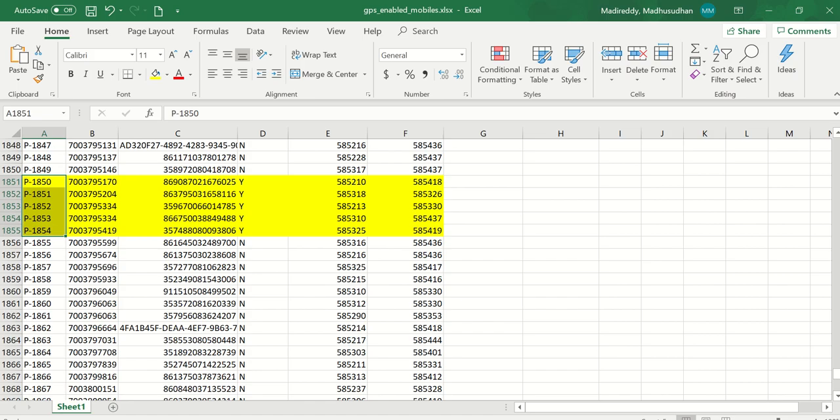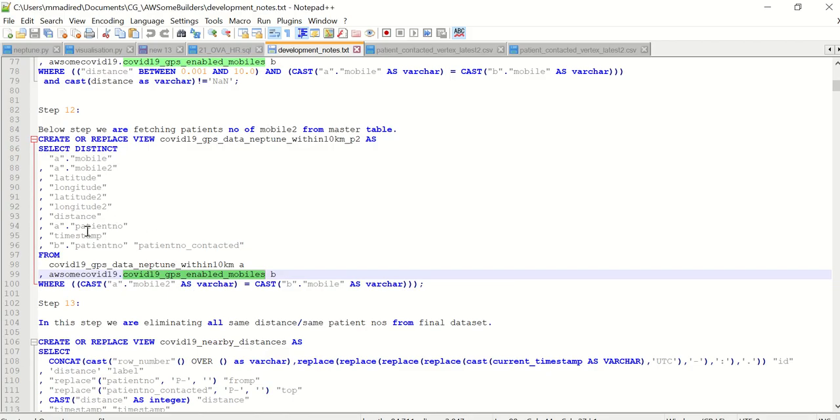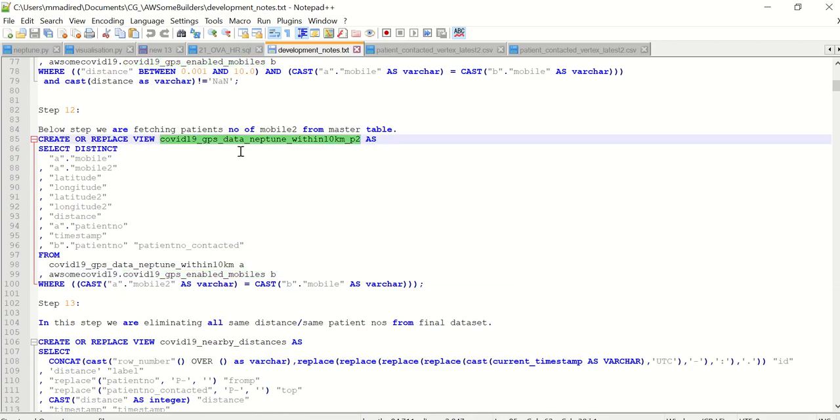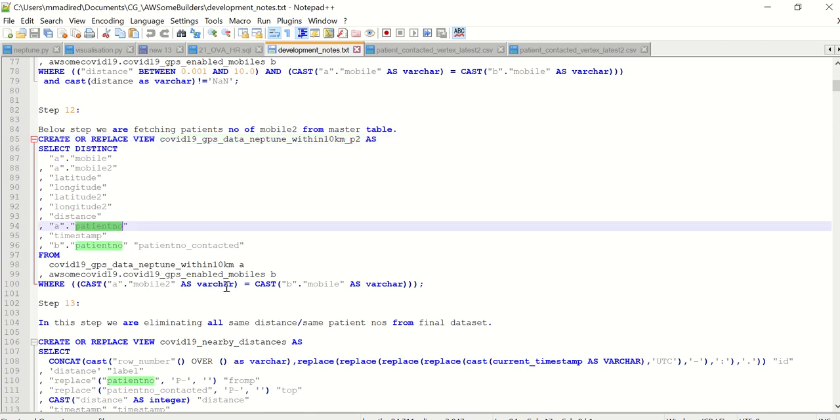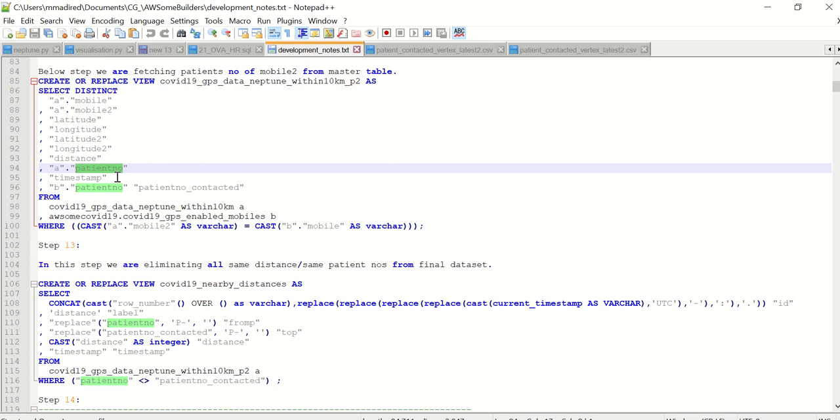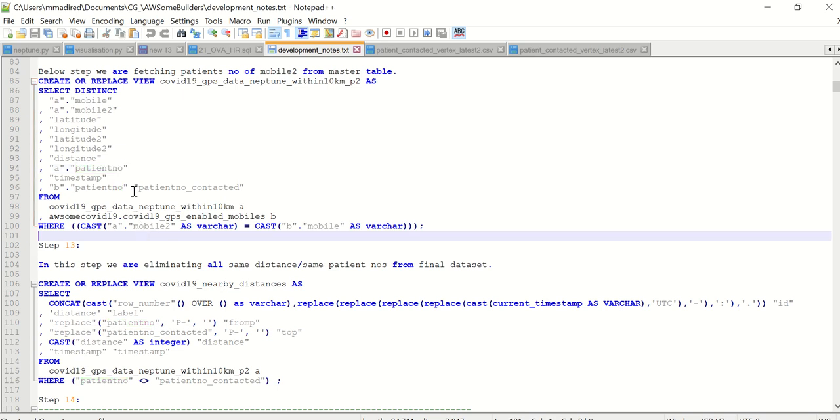This patient number is populated to the view, right? So now we will get the distance, patient numbers, and the patient who he contacted. So now we have who is within the distance of 100 meters or 10 kilometers, right? Within 10 kilometers.